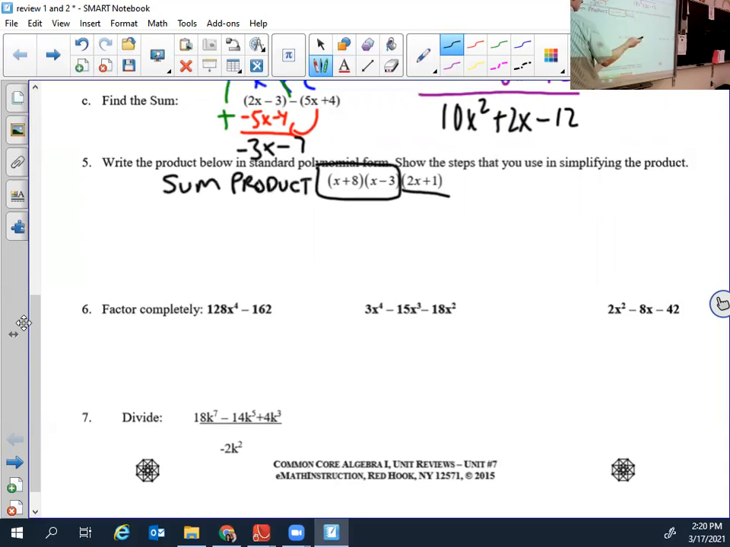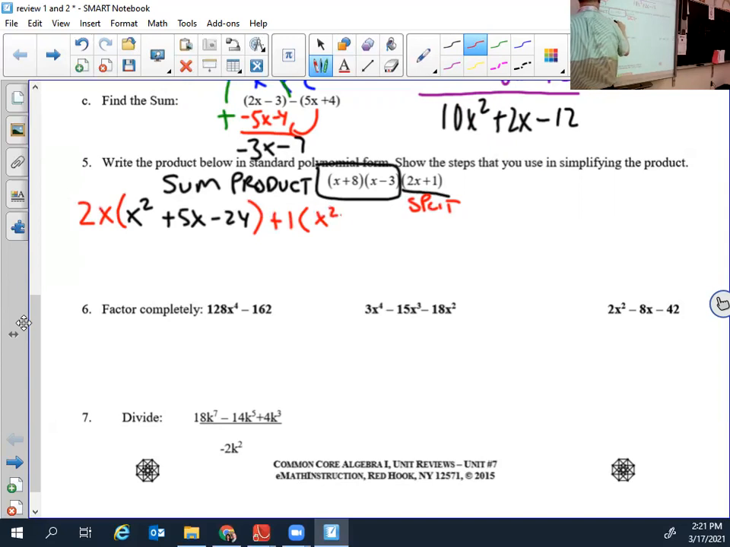Since it is just an x plus and an x minus, I'm going to get an x squared, and then 8 minus 3 gives me a plus 5x, and then an 8 times -3 getting a minus 24. I'm going to split this one, going to do a 2x here,